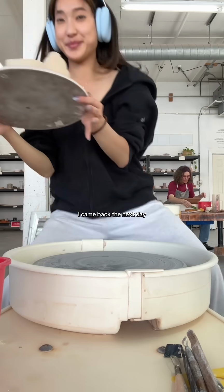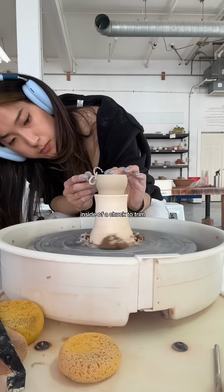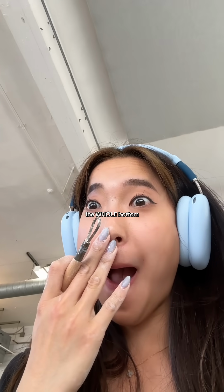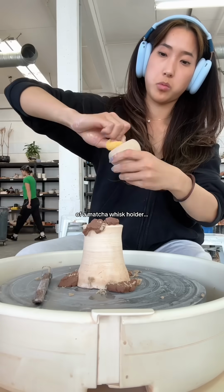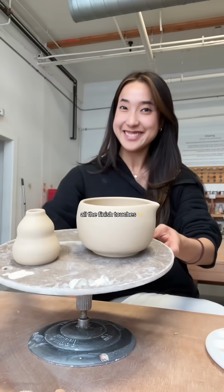I came back the next day to trim a quick foot on the bottom of the matcha bowl. Then for the peanut, I set her upside down instead of a chocolate trim, but then I cut out the whole bottom because I realized, isn't the bottom of a matcha whisk holder hollow? Regardless, here's how everything's looking so far, which means it's time to add all the finishing touches, starting with these